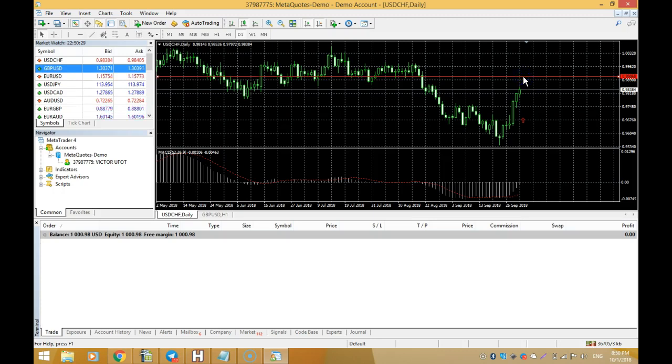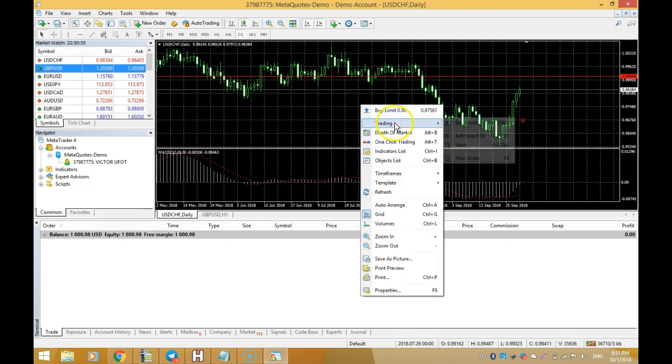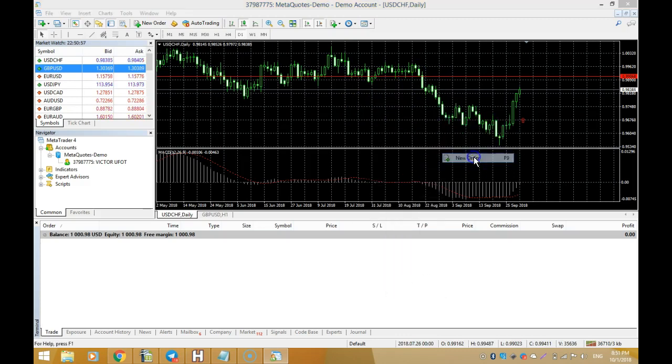So when price gets to 0.99, we want to instruct the platform to place a buy order for us, right? When we place the buy order, we are expecting that the price is going to continue higher. And when it continues higher, it puts us straight, and then we can close it in profit. So same way, we right click on trading, click on new order,